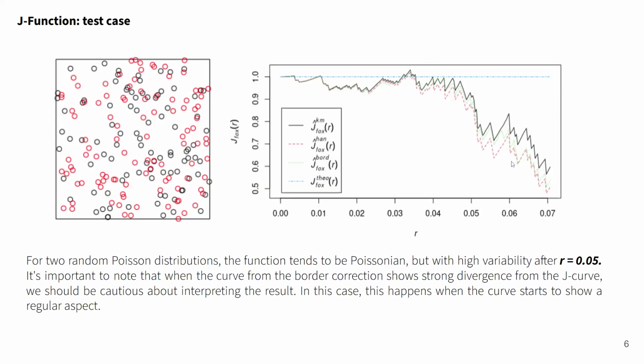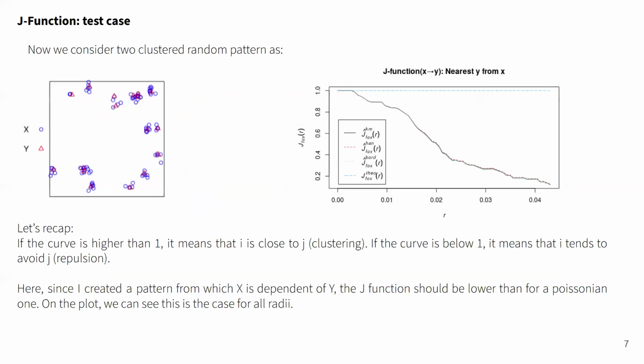And at the end, it tends to show some clustering, but we have some effect that we don't want to take into account. So we need to cut the curves around here. So we see that it works. It works fine. And now if we try to cluster the two data sets, so the X and the Y,